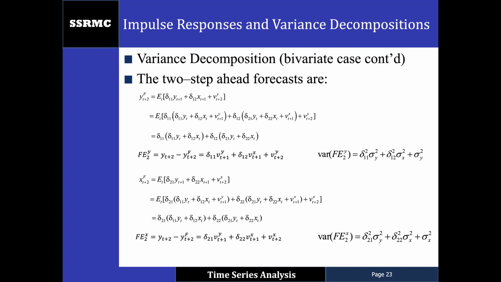Then moving into the second period, things get more complicated. We use exactly the same formula to make the forecast. Then we calculate the forecast error. Then the variance of this forecast error is a combination of the coefficient estimates from the equation and the standard deviation or variance of y and x respectively. Similarly, we can derive the forecast error of x in period 2, and we calculate the variance of this forecast